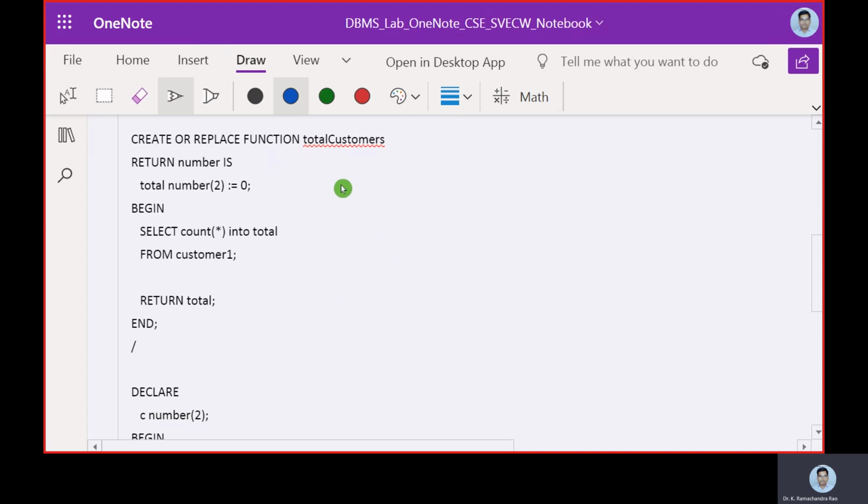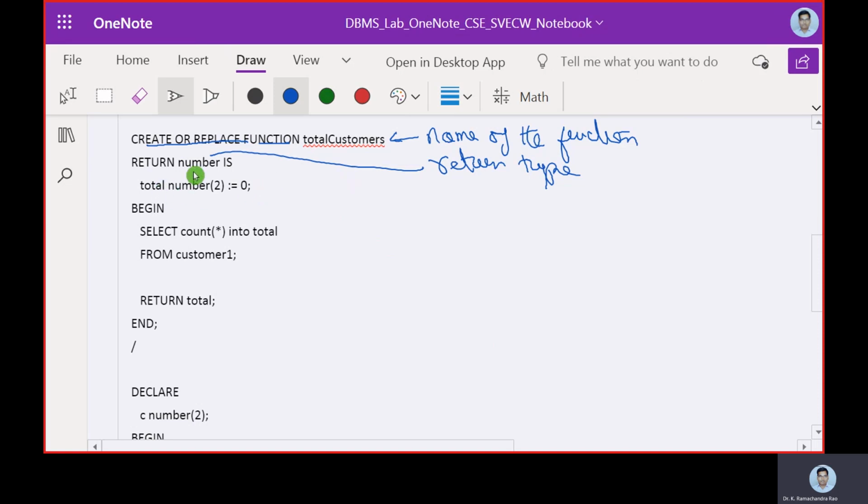Now, when we are working with functions, we need to create a function body. For that, we will create or replace function. Dot customer is the name of the function, and then return number. So number is going to be the return type.